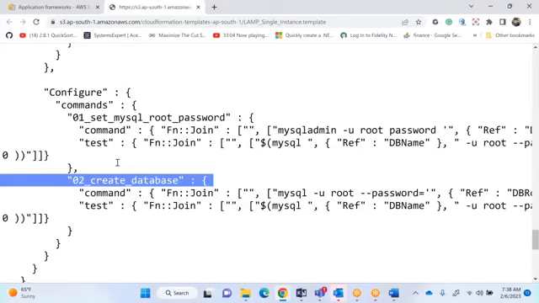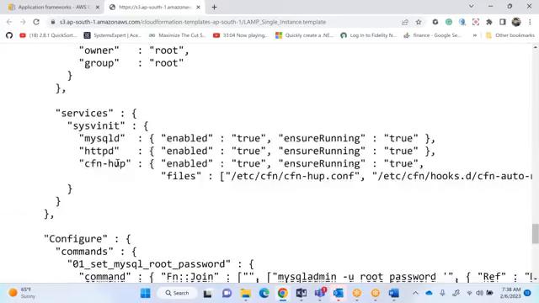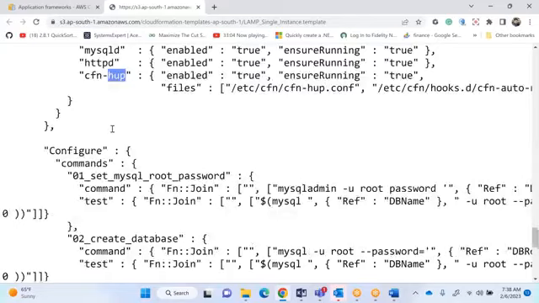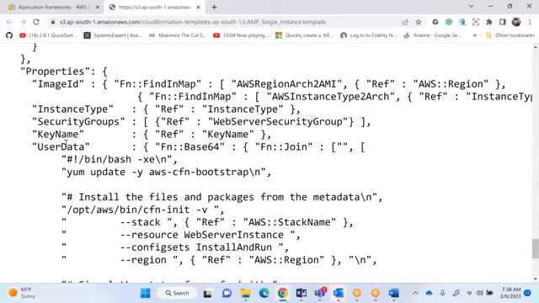You need to start the service that is mentioned here. See here, sir, one liner. That's it. It's MySQL, Apache, and CNF means configuration file. You need to start. Done. All are started. Your entire Apache service is completed. And once you created it, what is the output? Properties of the EC2 instance.